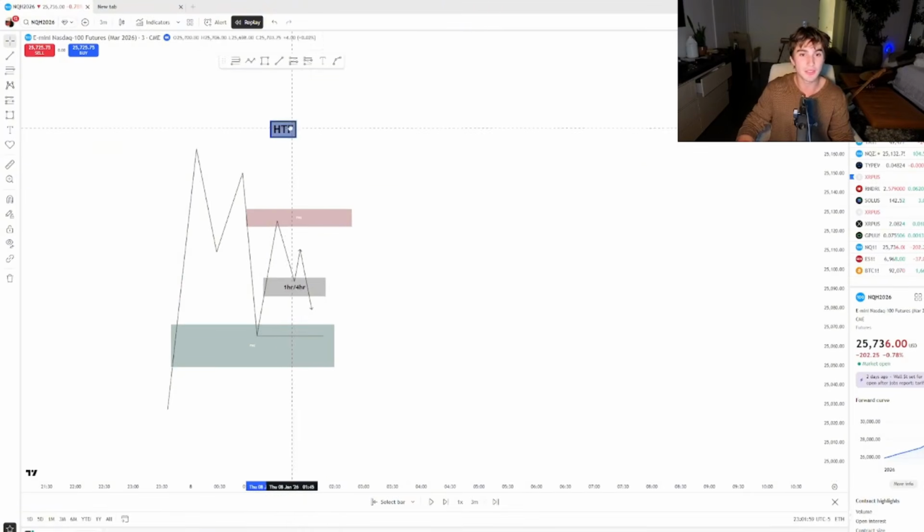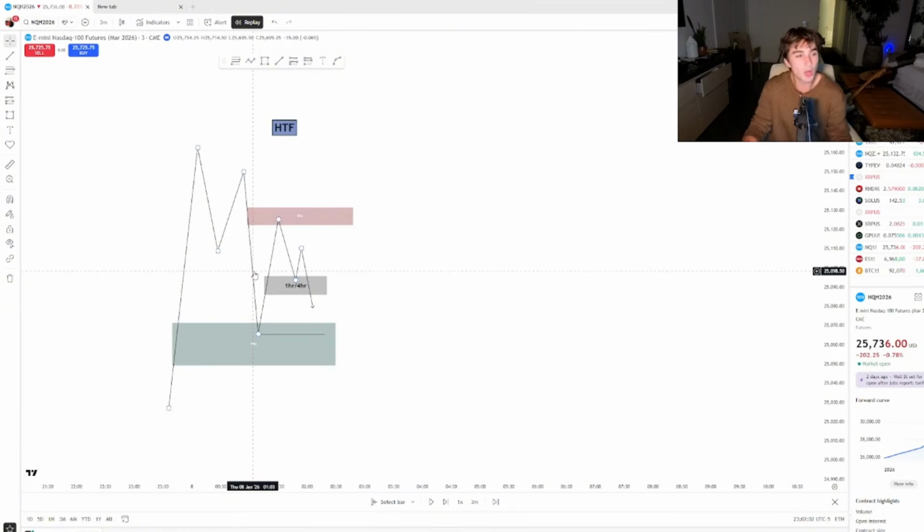So on the higher time frame, I like to look for stuff like this. Is it necessary? No, I don't need to see price inversing a gap on the higher time frame to feel confident in a bias or whatever, which I trade very reactionary. But this will help you understand when you can maybe flip a bias, right?